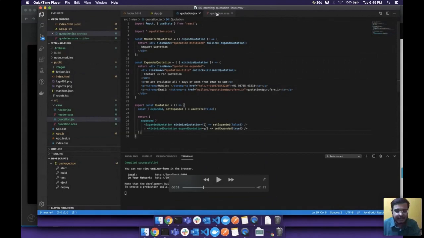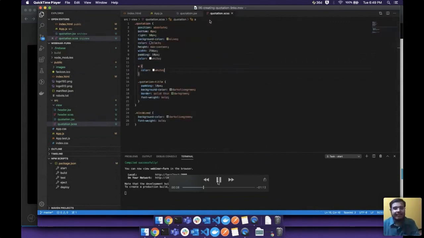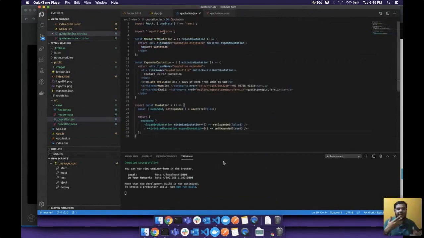Similarly, I also pass a function to set it to true or false to basically switch between them. And if you see here, I kind of call that function whenever on-click happens on the title, right? And I have created a SCSS file, adding some style sheets to make it really look great. Points of interest are position absolute and bottom right are given so that your component will actually come at the bottom right of the screen, right? So now we have the component ready, but the last part is to import and connect that component to our main page, right?